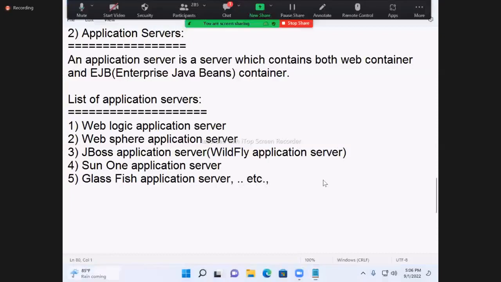So popular, powerful, the worldwide number one server is WebLogic. That is the most popular, that is the most powerful, everything. That is only WebLogic.